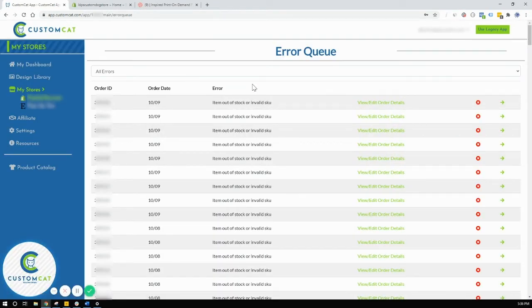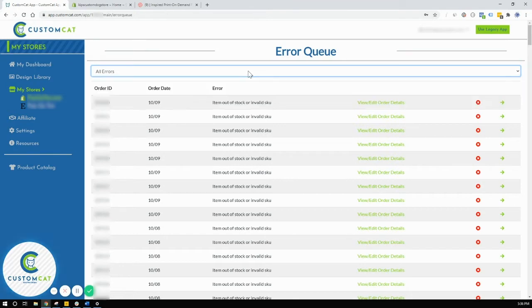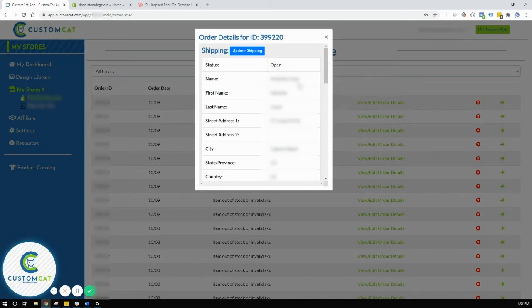Your error queue has a drop down that you can sort by the type of error. Most of the errors that you're going to receive are typically going to be out of stocks or address verification issues where the customer didn't put the correct address in. Usually it's because the zip code and the city don't match. And so what you do is you find the error. In this case, it's an item that's out of stock or invalid. You'll open up the queue